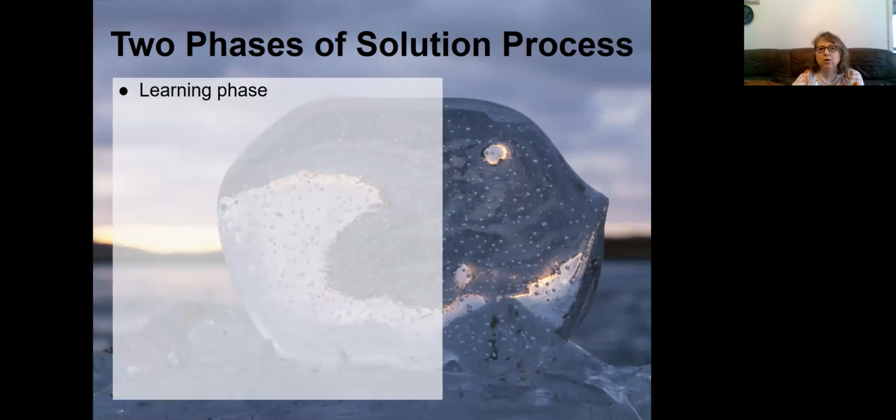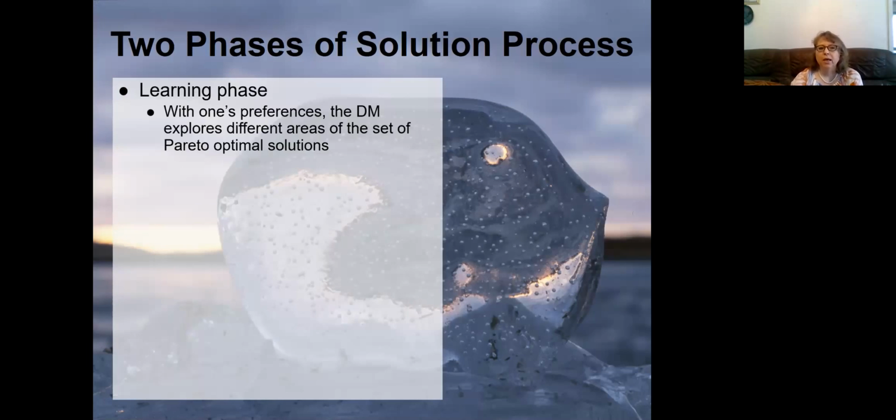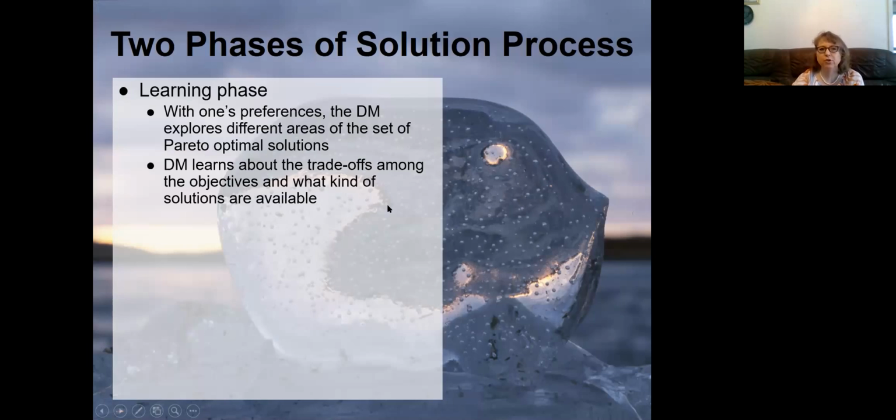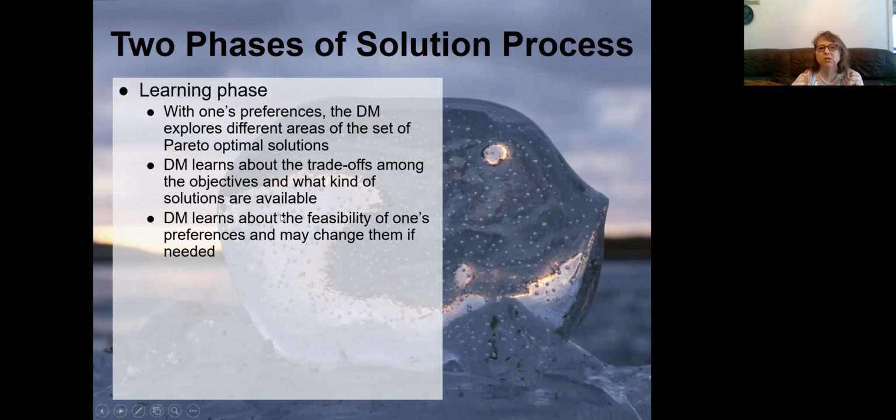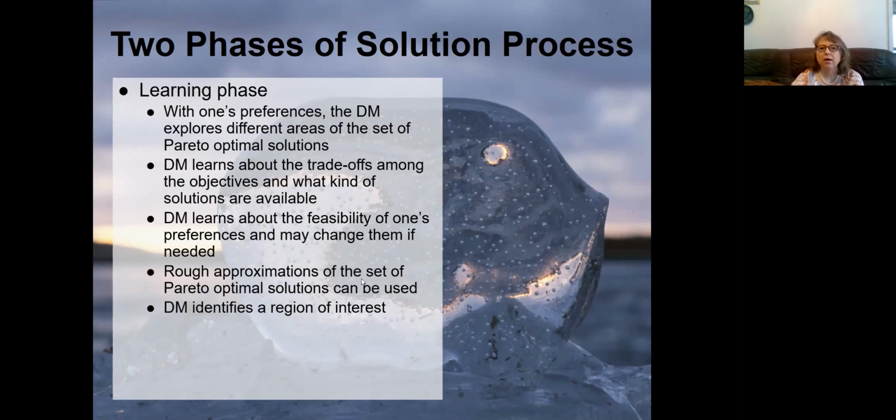So first, in the learning phase, the decision maker explores what kind of solutions are available, what kind of trade-offs there are, and learns about the feasibility of one's hopes, and can change the hopes and desires and preferences to get a rough understanding of the solutions available, and then eventually aim at identifying a region of interest, some part of the Pareto optimal solution set that is most appealing,